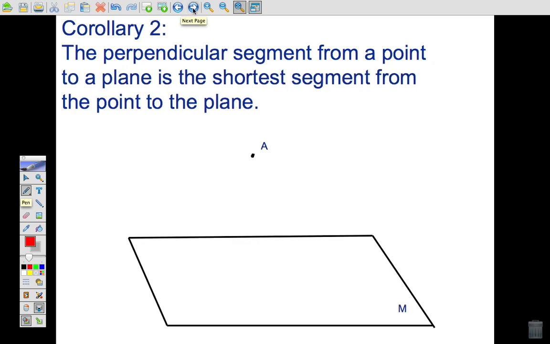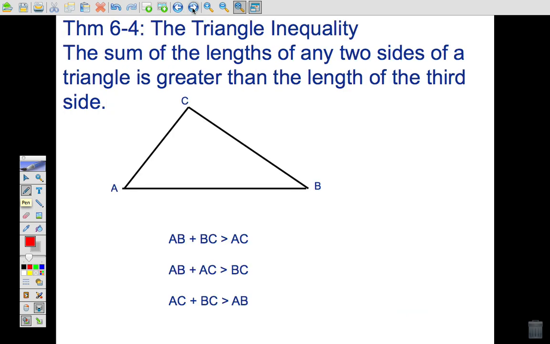Corollary 2, same thing with a point and a plane. The shortest distance from the point to the plane isn't something like this that's diagonal. It's going to go straight down, and that's the shortest distance from the point to the plane, which is the perpendicular distance to it. All right, last theorem that we have is probably the main one out of this, and